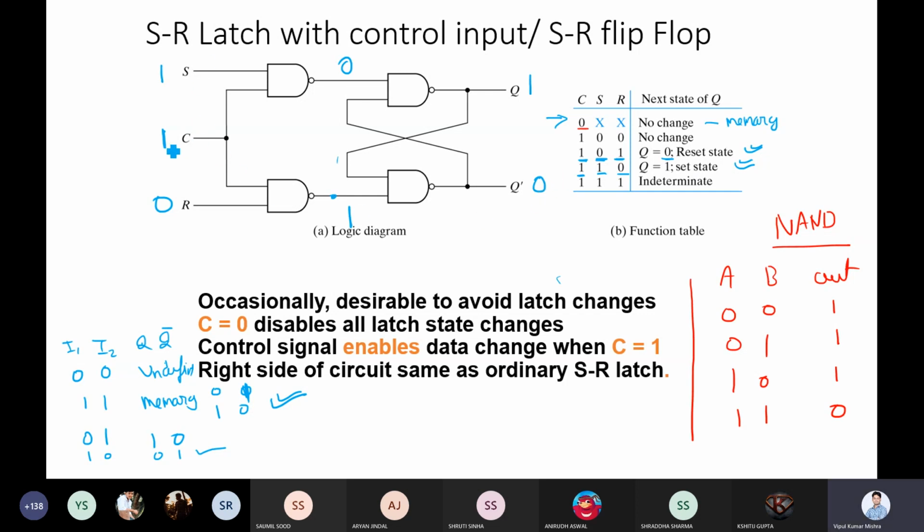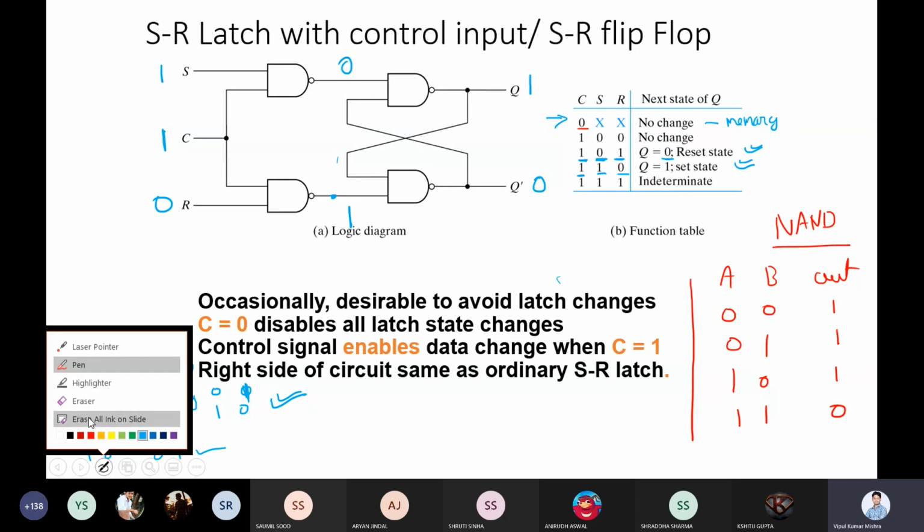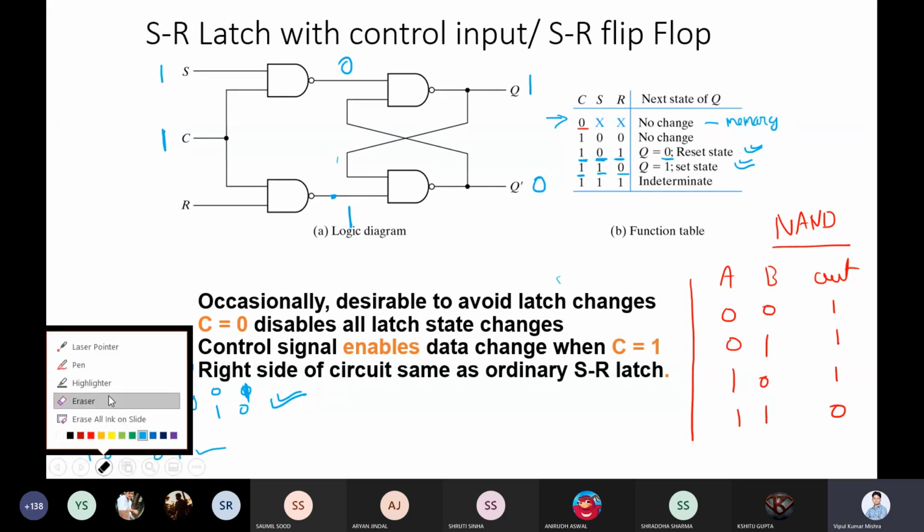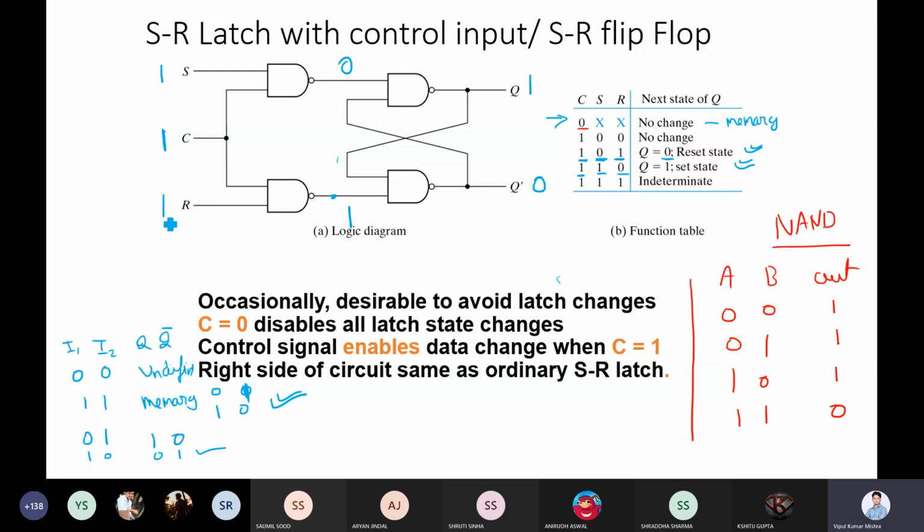Now if you have clock is high and S and R both are 1 1, in that case, this will become 0 and this will also become 0. Once we have 0 0, you can say it is undefined state or indeterminate state, right?